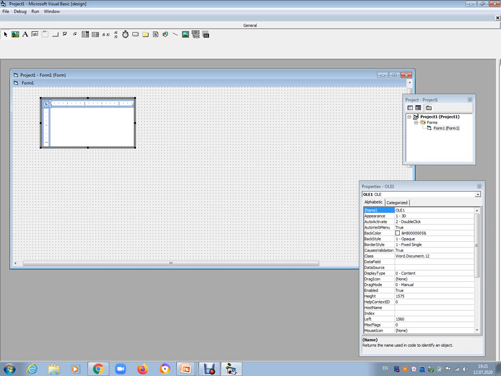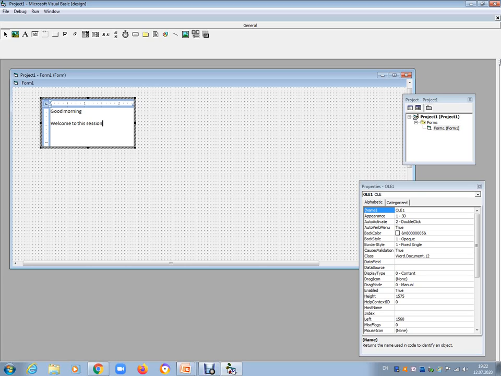So if we create a new document, type something. Just type anything.